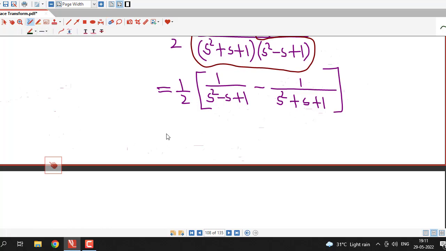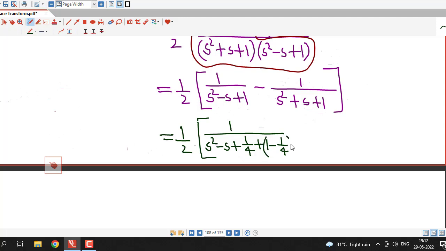So in the next step we consider this is 1 divided by s square minus s plus 1 by 4 and plus 1 minus 1 by 4. Because I am adding 1 by 4, I have to subtract 1 by 4. Same thing I will do here: s square plus s plus 1 by 4 plus 1 minus 1 by 4,